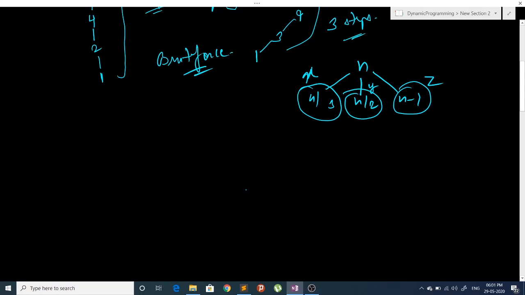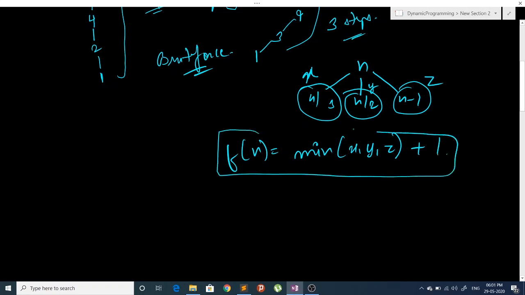So we can form our recurrence relation as follows. f of n will be minimum of x, y, z plus 1. So this will be our recurrence relation. We have formed our recurrence relation, and we just have to apply DP to it and then we can code our solution.